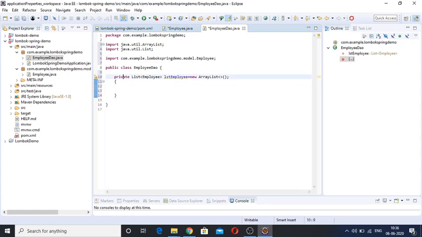So I'll write a static block, and I'll create some objects of the Employee class.